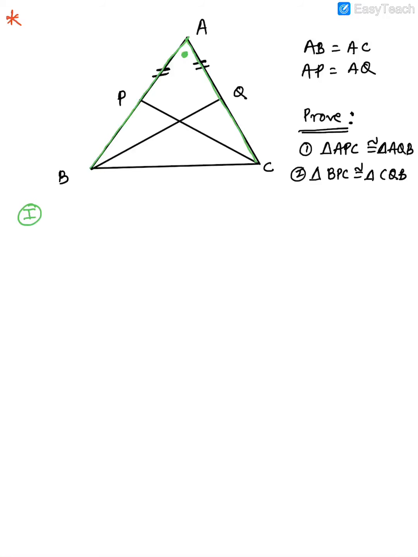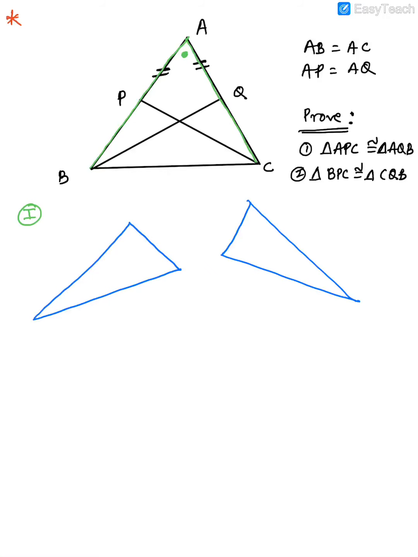So you will get one triangle like this here, and the other triangle is out here. Now let's say this is angle A, this is angle B, that's angle Q, that is angle A, this is angle P, this is angle C. So first part we can say angle A is equal to angle A because that's a common angle. It's there in both of them, you can see. It's an overlapping angle. Then I can say AP is equal to AQ. You see it's given here in the question.